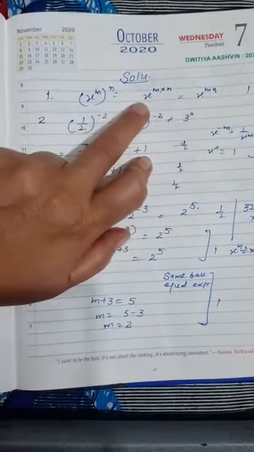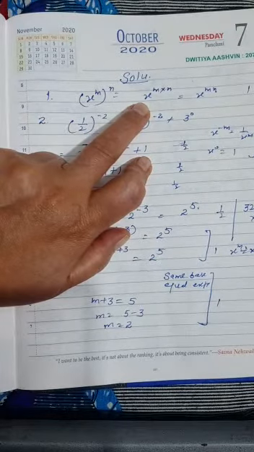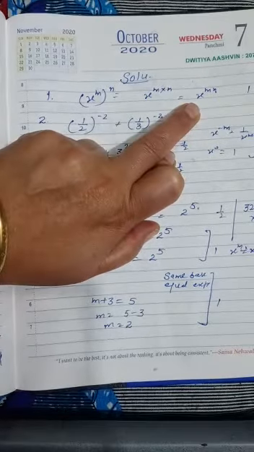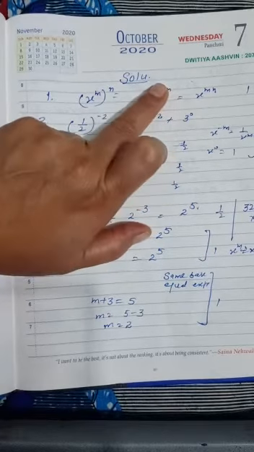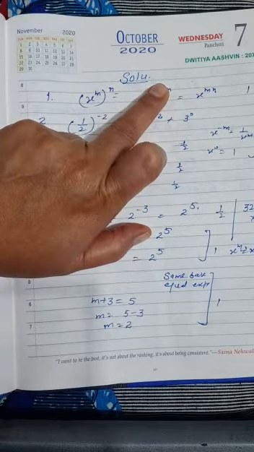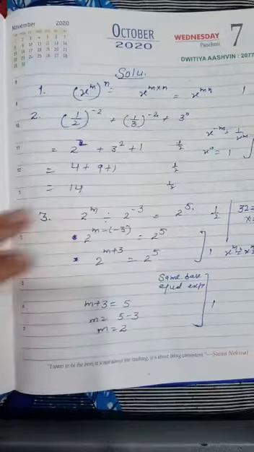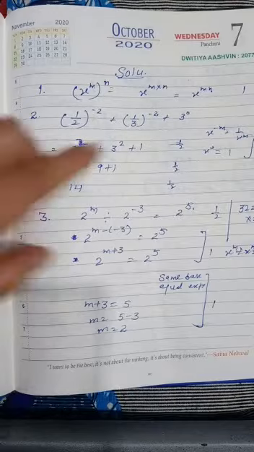Okay, if you have written like this, m multiplying n, meaning the symbol is also visible, give only half marks. If you have removed the symbol also, then you have to give 1 mark. If you have written it directly also, then you can give the full mark. Okay, clear? Now the second question, that is 1 by 2 to the power minus 2 plus 1 by 3 to